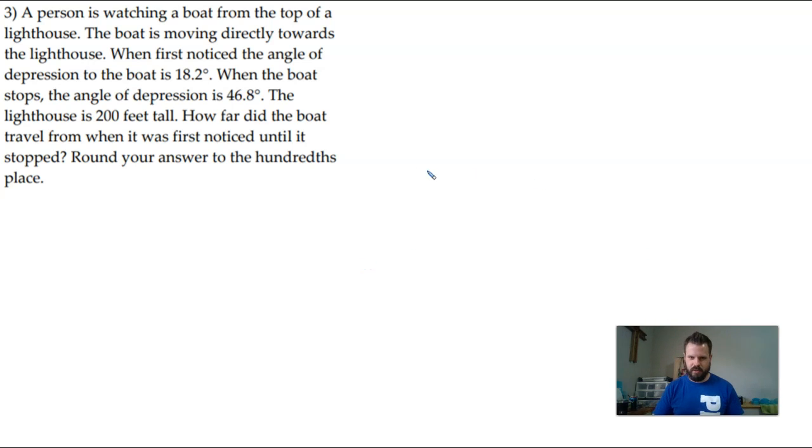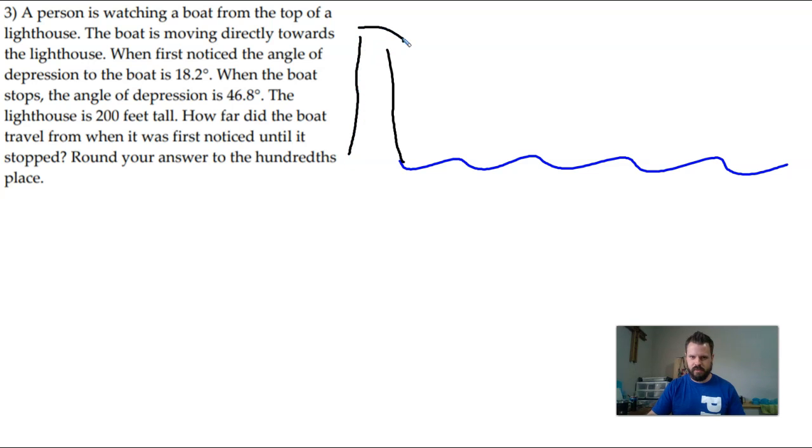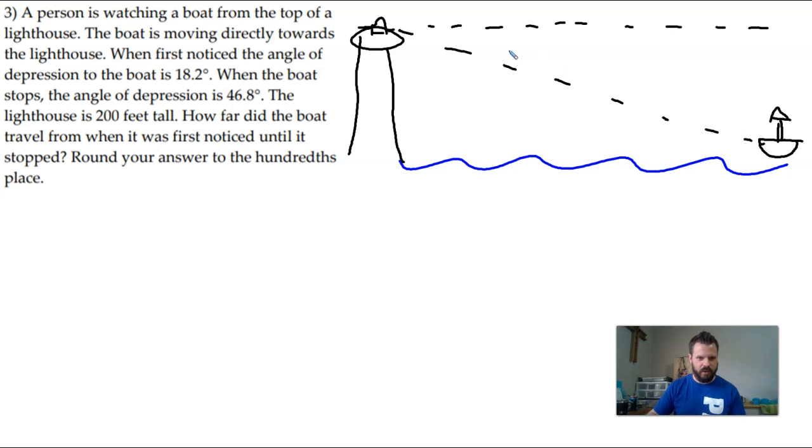Let's start drawing this up here. So we've got a lighthouse, and we see a boat at 18.2 degrees. Angle of depression, so meaning that if we look this way, probably worst picture I've drawn in my life, but oh well. We've got 18.2 degrees here. Okay, the boat,